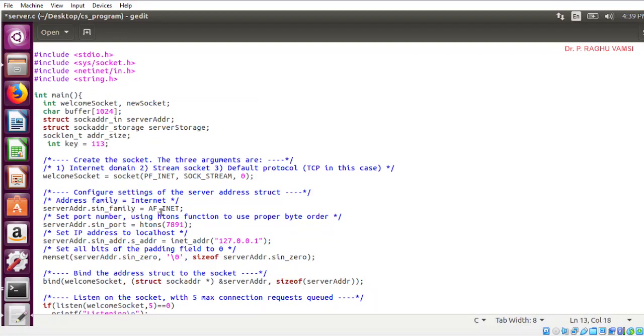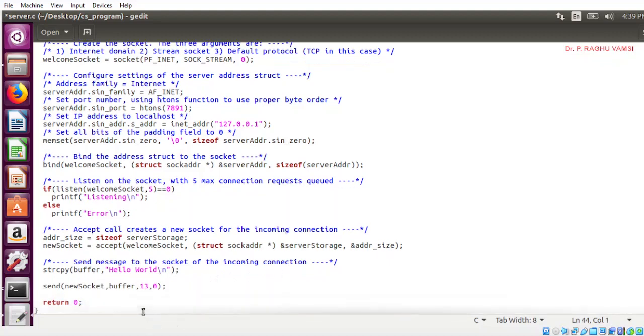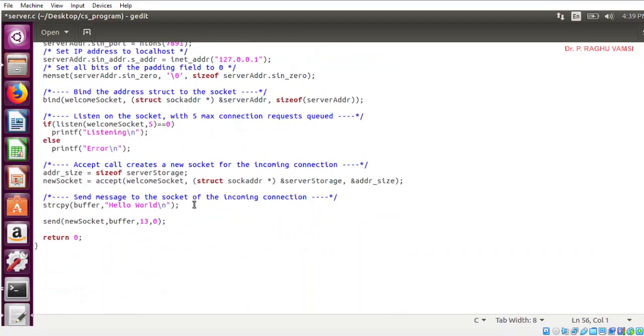So one key we have declared here. Now since hello world is copied to the buffer, after this let's write a small code here.